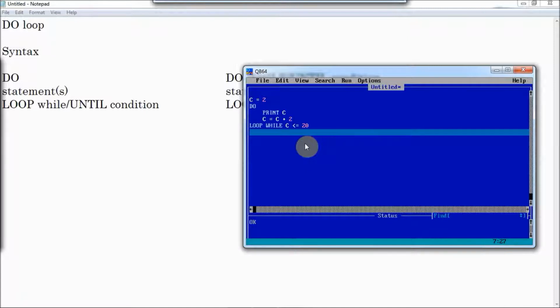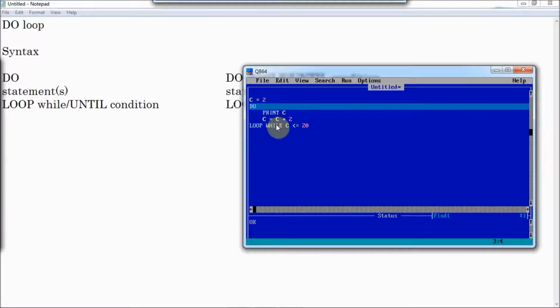If you are using greater than or equals to, it becomes less than. If you are using equals to, it becomes not equals to, and vice versa. One more interesting fact about the do until loop is that it is the same in do while also.